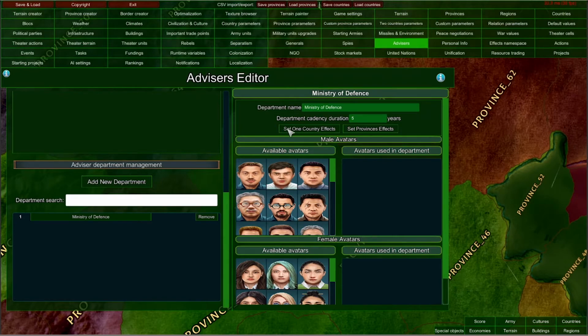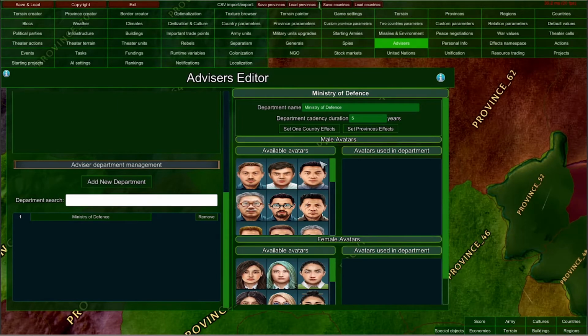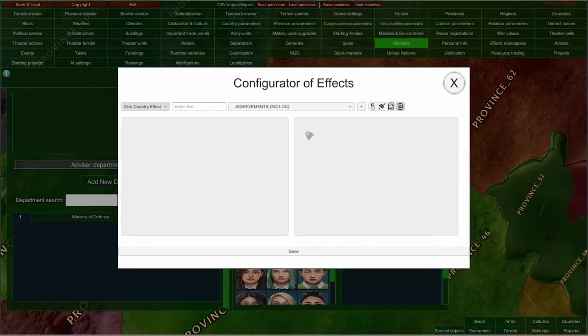And here we can set up effects for province and for country that our advisors, our defense ministers, will provide. But here is the tricky part. We can set up here as many effects as we want, but each of our advisors will provide only one of them, randomly chosen from this list here.